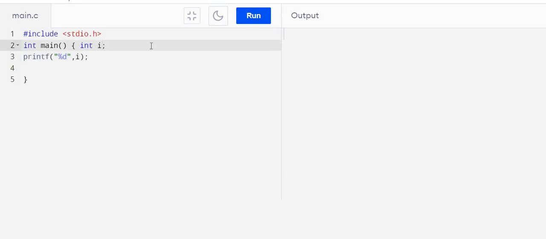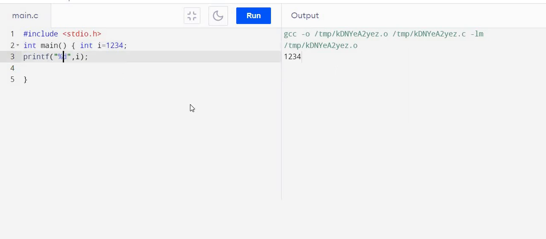So we have to define i. So let i be 1234, a simple value I just checked. Here, if I give the width, suppose I give a width anything lower than 4, because our integer is of 4 digits, say 2, then the integer is displayed as it is. But if I give a width more than 4, suppose 7, then 7 is the total width, but a 4 digit number is there. So there will be 3 spaces and then the number will be displayed.